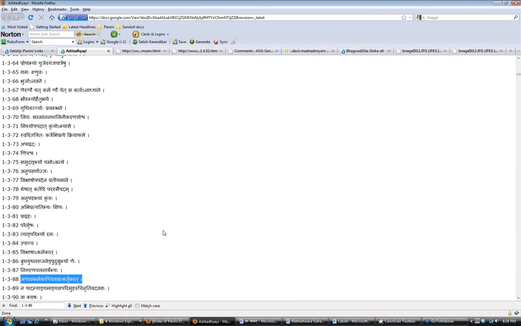But I think the safe thing is to use parasmaipadam. That will definitely be correct. Atmanepadam would be controversial. So chittavat kartru, Karthik is probably right, but it is going to be a bit of a stretch. The safe thing is to use parasmaipadam, and because 1388 might apply.